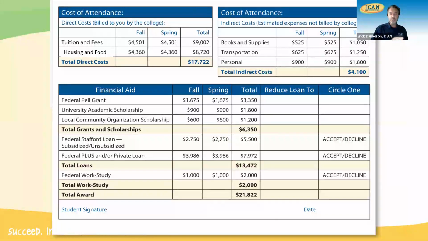So what you see down below then is the amount of financial aid that a student is able to receive in the forms of grants, scholarships, loans, and even, in this one, work study. I can't always promise that you're always going to see the different types of grants and scholarships that are on there. There might not be as many as what you see here. For some students, it could be more. The loan is going to be on there. And then the work study money can vary from student to student as well.